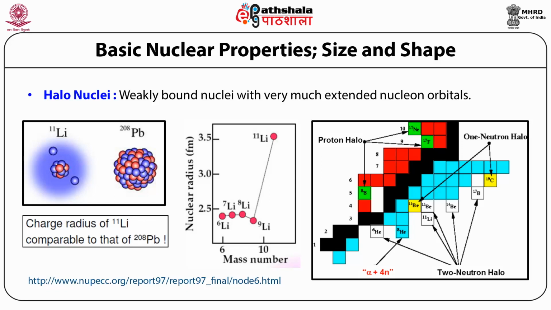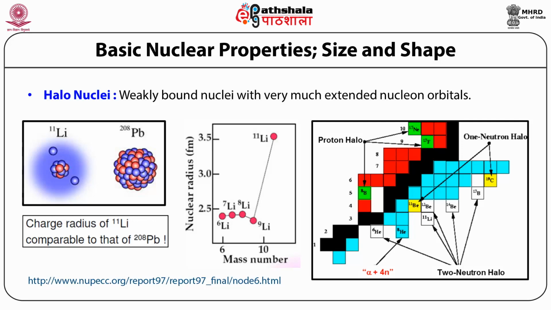Proton halo means those nuclei in which the protons are extended, having a large distribution as compared to the central distribution. Neutron halo means the neutrons are away from the rest of the mass. So if 2 neutrons are away from the rest of the mass,